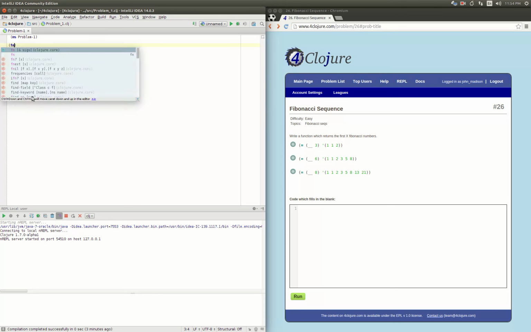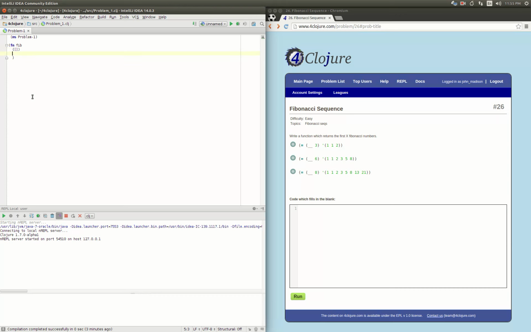We're going to make a function that we'll call fib. We're going to have a few arities here. The first arity is for if there are no arguments, then we want to call fib with 1 and 1. So that's going to sort of seed our Fibonacci sequence. The next arity will be 1, and what we're going to do is